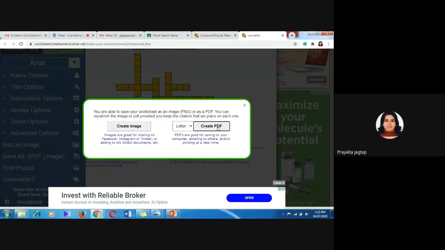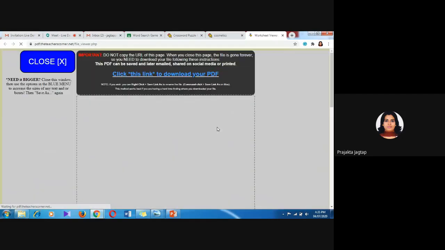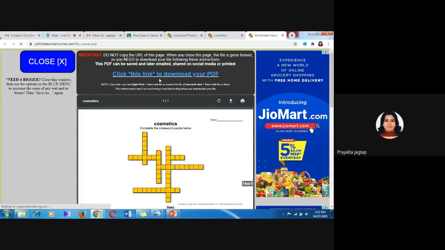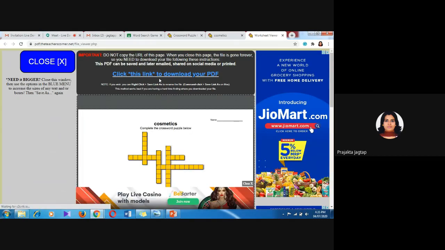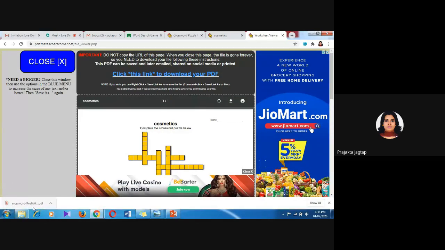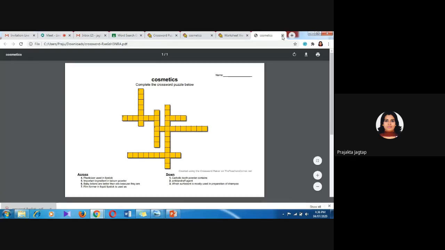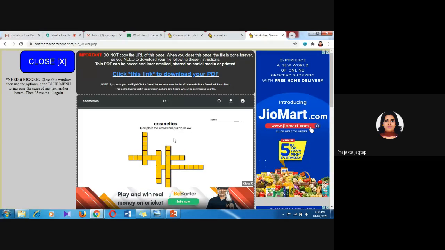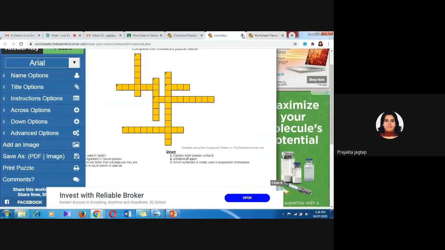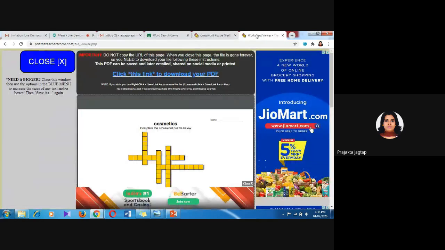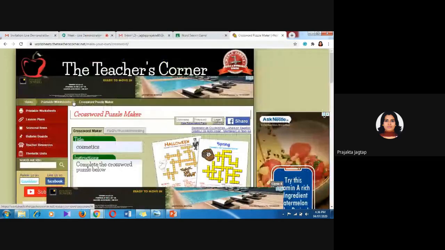Both are good for sharing, but I will suggest PDF, because if you require it to save for later, or if you require to print it or email it, PDF will be easy. So here is the link to download the PDF of this generated crossword puzzle. This is how your crossword puzzle PDF file is generated, that you need to share on the Google Classroom.